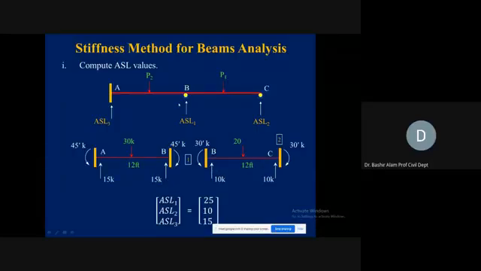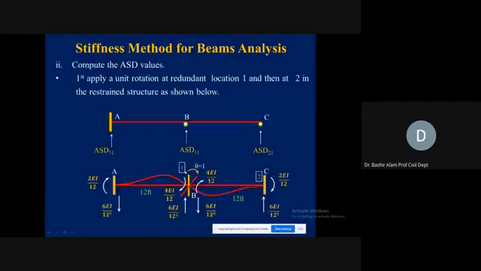Because this is in the same ASL one direction, this is in the same, तो दोनों का algebraic sum लेके आपका 25 हो गया। This was corresponding to this, ASL2 is corresponding to AS2 now, and how much is now the reaction at this 10? तो ये 10 यहाँ इसके corresponding हो गया। AS3 was at support A, तो corresponding value is 15 in the same direction, so we take this positive। ASL मैट्रिक्स आपका हो गया।